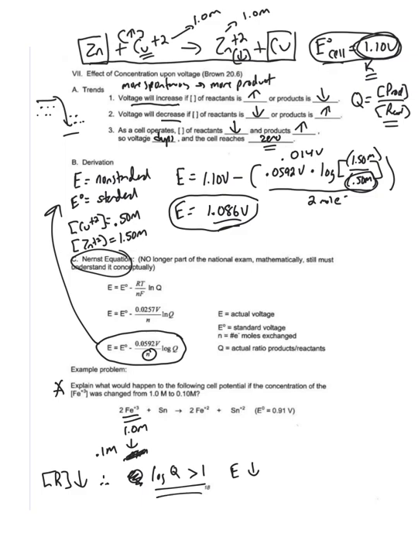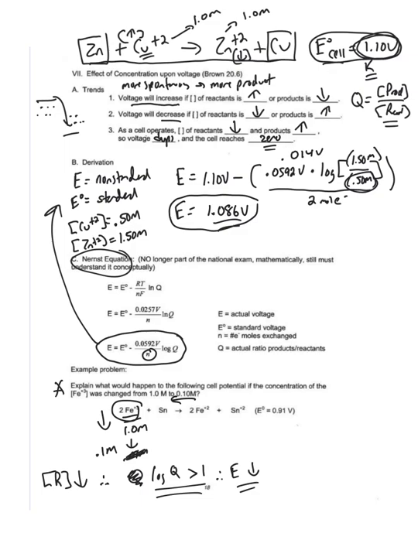When the Q value is 1, we'd get a value of 0 because the log of 1 is 0. But here, because the reactant's on the bottom, we're going to take the log of a number that ends up being bigger than 1. When that is the case, the voltage ends up dropping. So we predicted it to be less. And Le Chatelier also predicts the same thing. When we decrease a reactant concentration, the reaction would not be as favorable to the right. It's going to shift more to the left to produce more of the removed reactant,